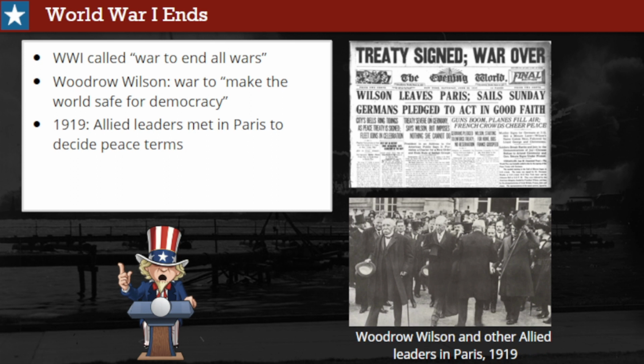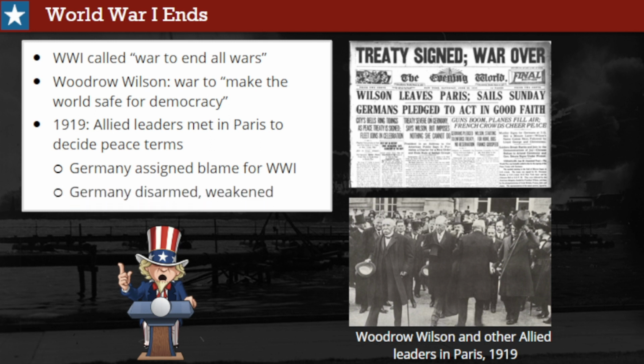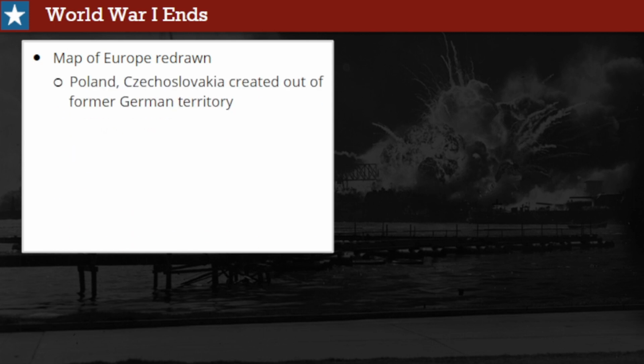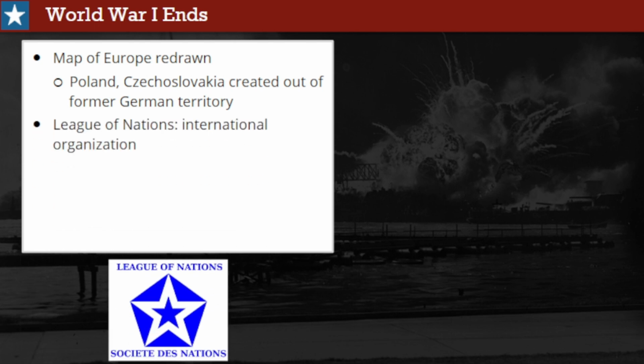In 1919, leaders from the winning Allied nations met in Paris to decide the terms of peace and to create the post-war world. First, the Allies assigned Germany the sole blame for the war, and then proceeded to disarm and weaken it so much that they thought Germany would never be able to threaten the world again. Second, the map of Europe was redrawn, creating new nations like Poland and Czechoslovakia, partly out of territory that had once belonged to Germany. Third, an international organization called the League of Nations was formed, in large part to prevent